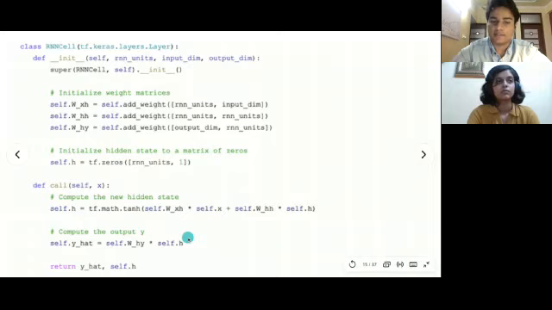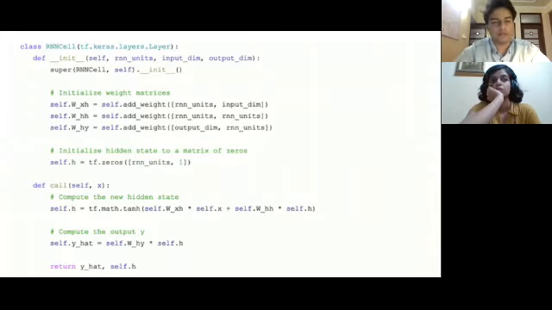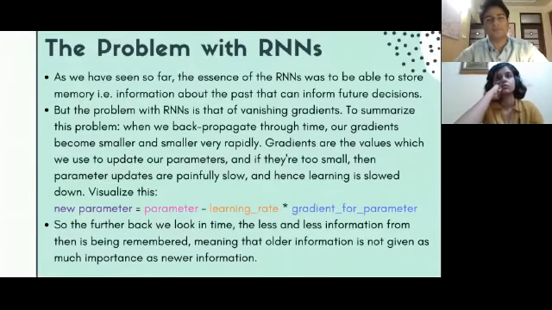Once we've got our new hidden state, then we'll just multiply that by the weight matrix which maps H to Y, which is WHY, and from that we've got our prediction, which is Y hat. That's basically it. And there are a lot more lines of code that go behind the backpropagation through time stuff, but we don't need to bother ourselves with that. We have Keras and PyTorch libraries which take care of all that stuff for us. But I wanted to show you the skeleton of the code.